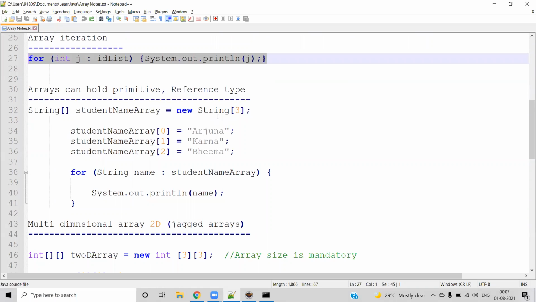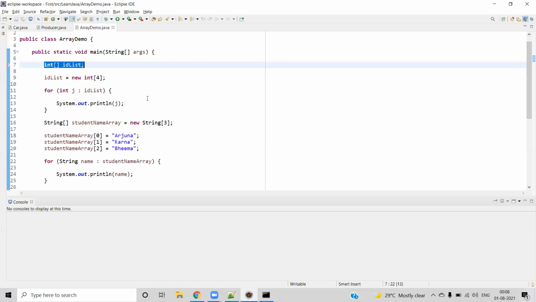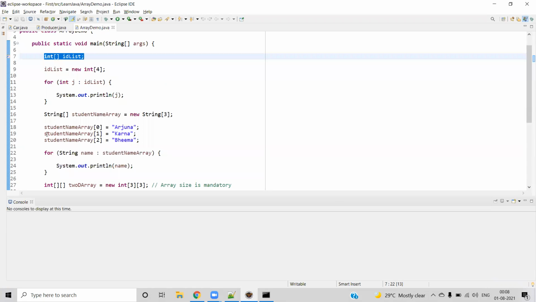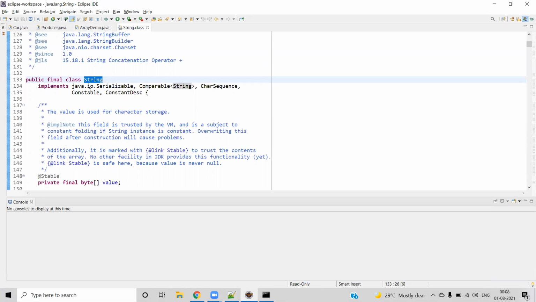So far we have seen the integer array, but we said that the array can hold the reference data type as well. For that, we are going to use the string reference data type. However, this String class is not created by us. It was given by Java itself. We can use our own data types or classes also, but for simplicity we are going to use the string array. To confirm that, in any Eclipse IDE, just click on String with control, and you can see this is also another class. That's why it is called a reference data type.